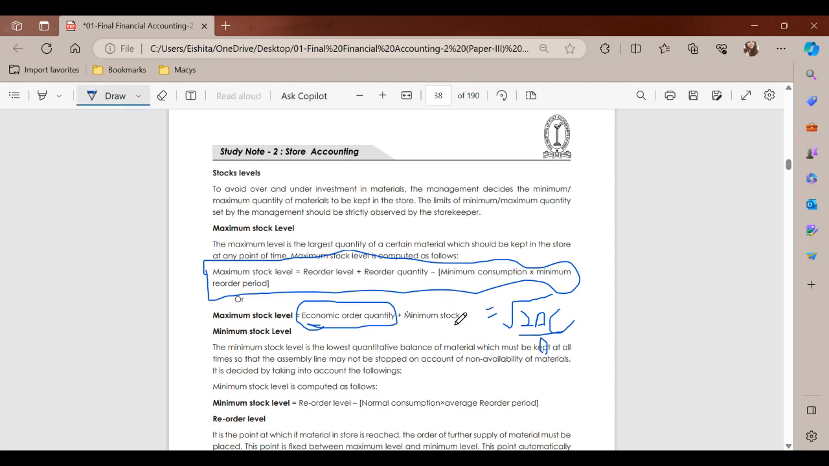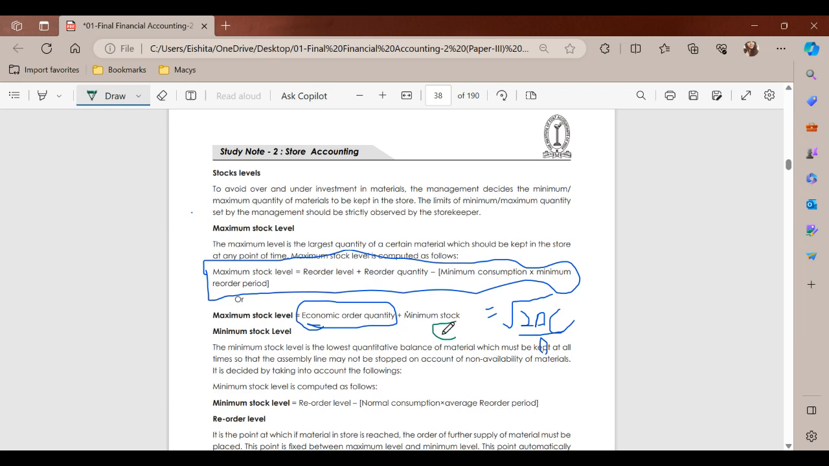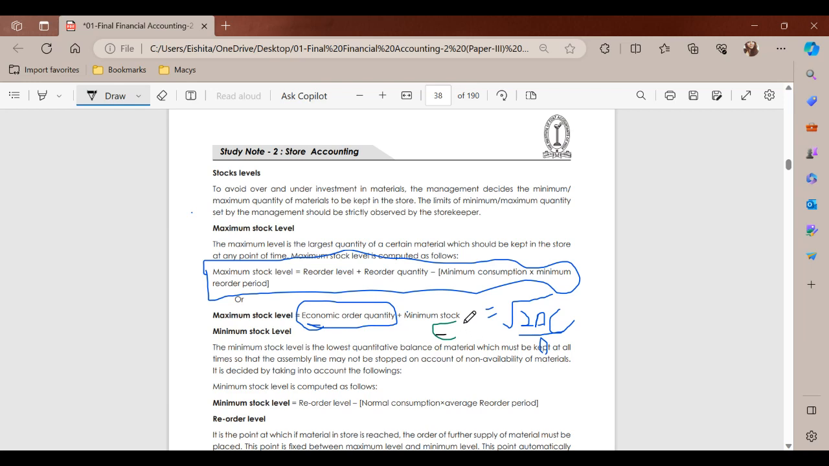It's called as, this formula is known by the name EOQ is equal to the square root of 2AC upon O. A is called as annual consumption, C is called as carrying cost, and O is the ordering cost. And what you will see